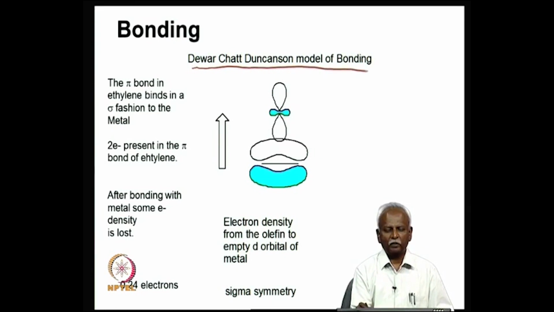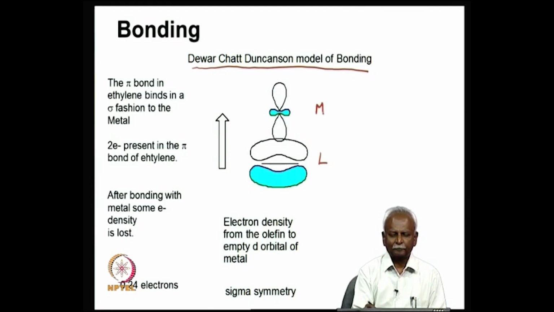So, here is the initial interaction, and we have already discussed the people who have discovered this type of bonding, Dewar, Chatt and Duncanson. Dewar, Chatt and Duncanson are the 3 people who developed this mode of bonding. So, the primary interaction in this mode of bonding is the donation of electron density from the ligand. So, this is the ligand that we are talking about, and here is the metal, and usually the ligand donates electron density to the metal, and we have pictured that